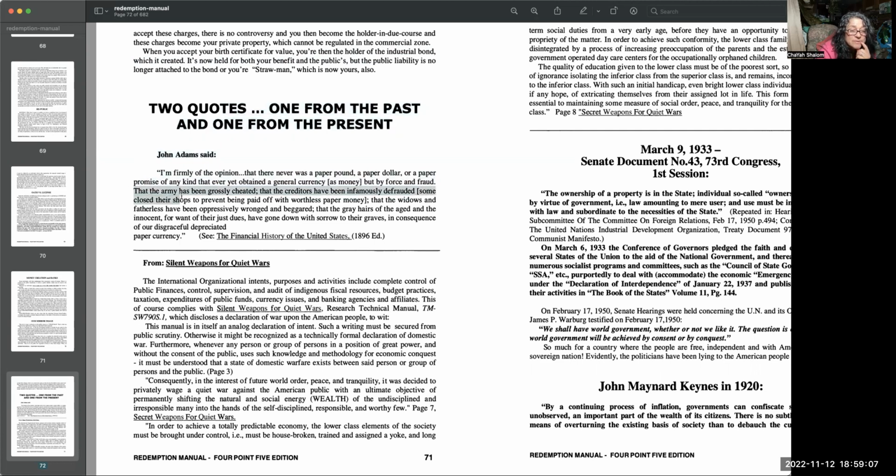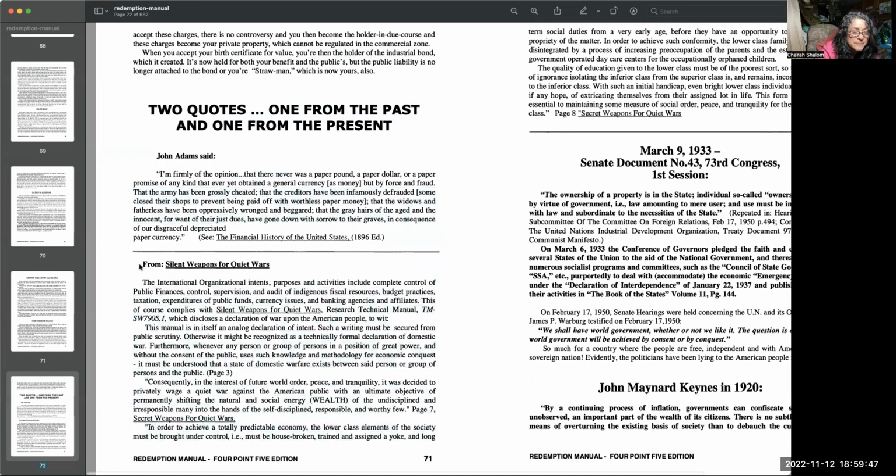That the army has been grossly cheated, that the creditors have been infamously defrauded. Some close their shops to prevent being paid off with worthless paper money. That the widows and the fatherless have been oppressively wronged and beggared. That the gray hairs of the aged and the innocent, for want of their just dues, have gone down with sorrow to their graves in consequence of our disgraceful, depreciated paper currency. See the Financial History of the United States,